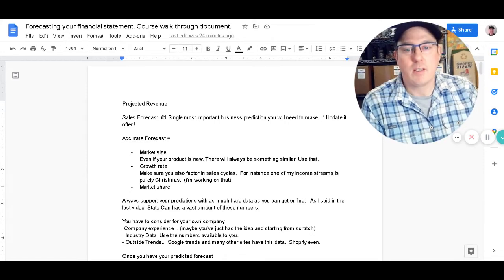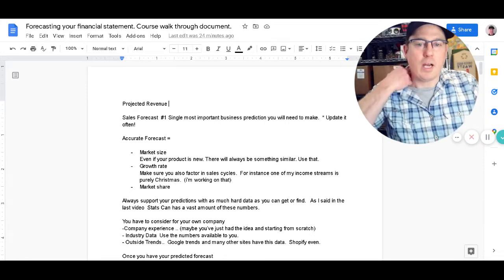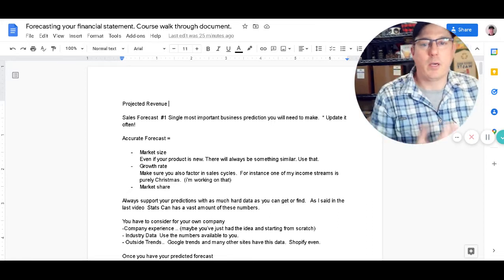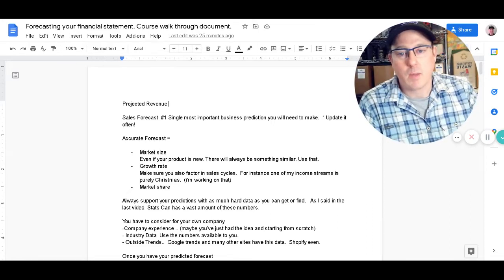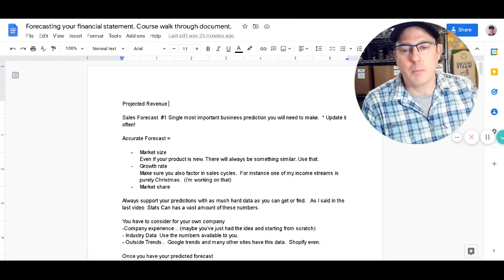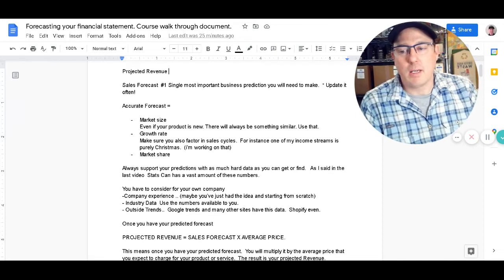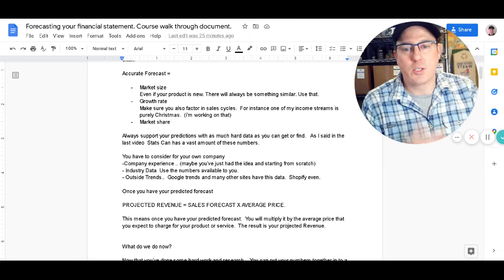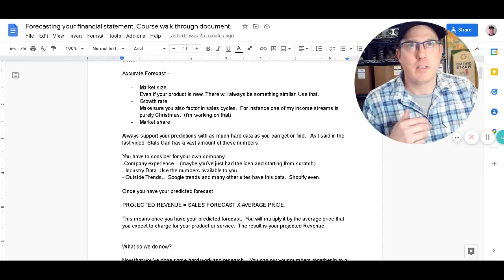So you're going to need to get all that stuff in there, and then you're going to try and figure out what your market share is going to be. How many local coffee companies are there? So you're going to research all of this information, and basically you're just going to create yourself a massive document, and a massive table,